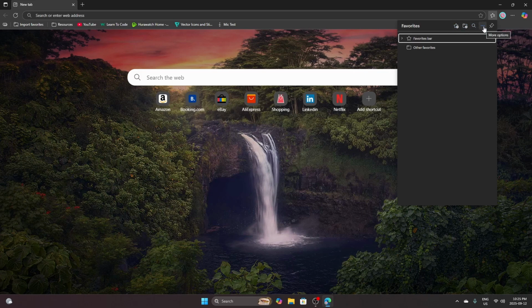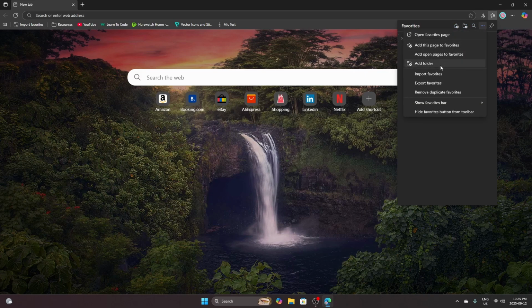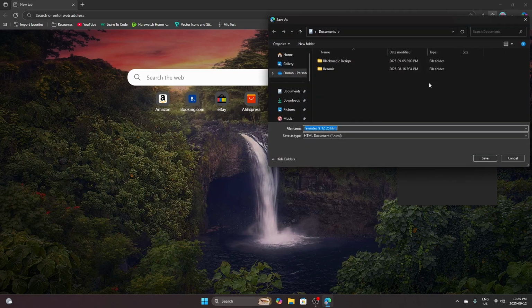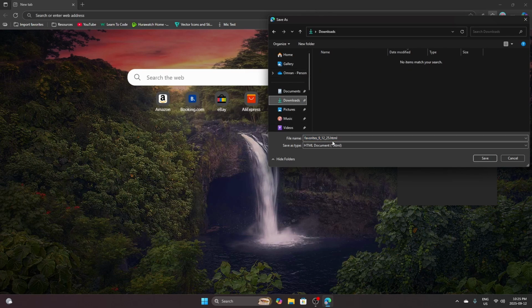At the top of this menu, click on the three dots again and then Export Favorites, and make sure you're doing this all in the account that has the bookmarks that you want to import or copy. So click on Export and then save this HTML file anywhere you want, and make sure you name it if you have similar named folders. So this is going to be like example user bookmarks, because this account that I'm in is called example user,